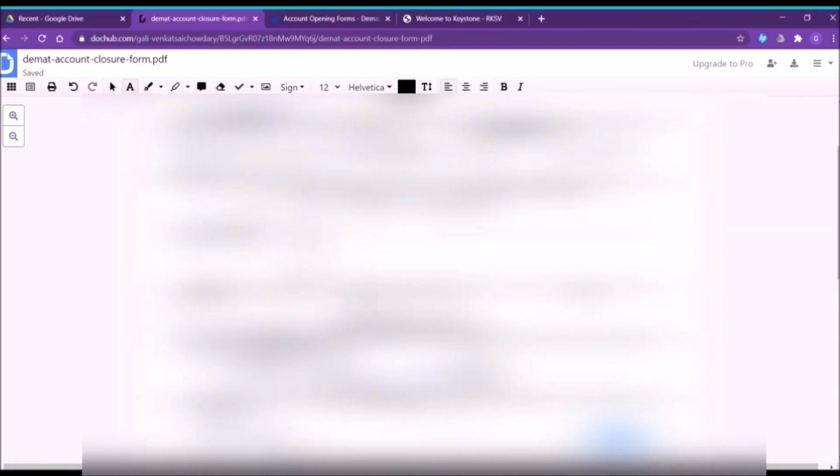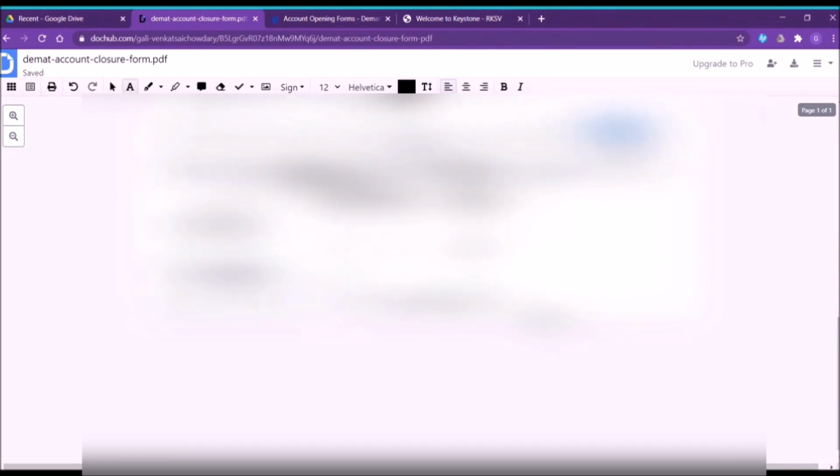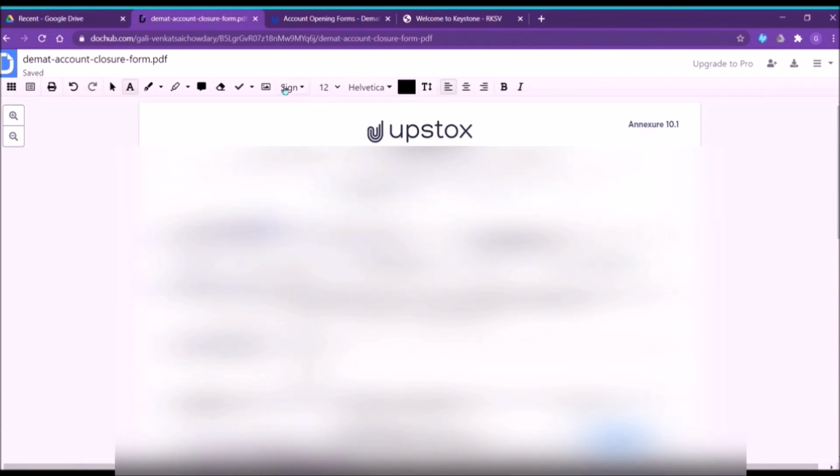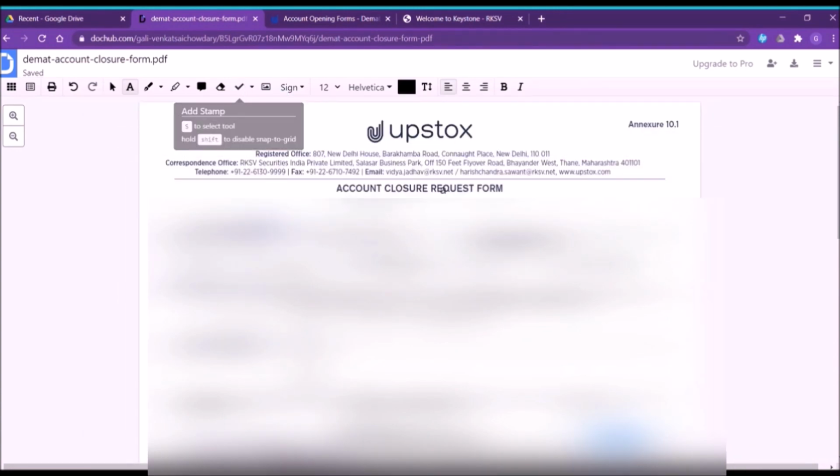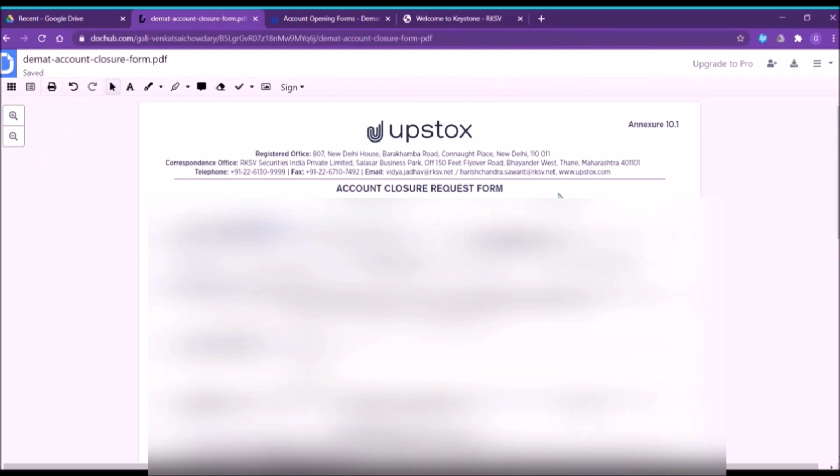And you have to take a printout of a hard copy and post it to their address. What address do you have to post to? Here you will see in that form the registered office, correspondent office and telephone, fax, email addresses. You have to post to the correspondence office address.